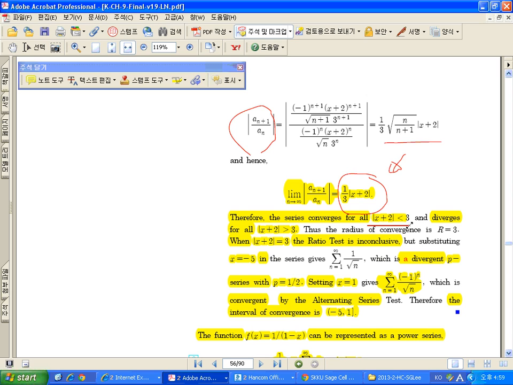Which means it converges when the absolute value of x plus 2 is less than 3, and diverges when the absolute value of x plus 2 is greater than 3. And then we check the endpoints, when the absolute value of x plus 2 is equal to 3. We consider the case when x is equal to minus 5 and when x is equal to 1 separately. For the case when x is equal to minus 5, we use the p-series test, which says this diverges,